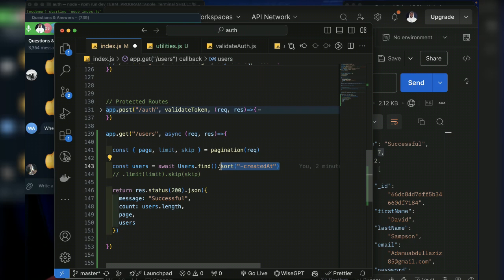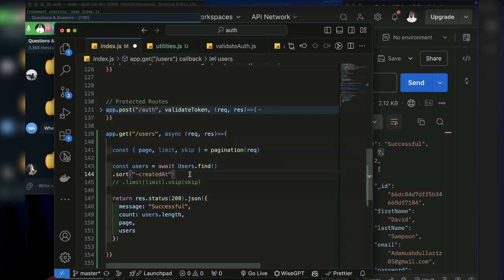So when you hear sorted on the back end, it means return them when they are sorted. Minus created at is send me the last one first. So what I will do is I will remove this one, and let's see which one comes first and which one comes last. So if I send this request,